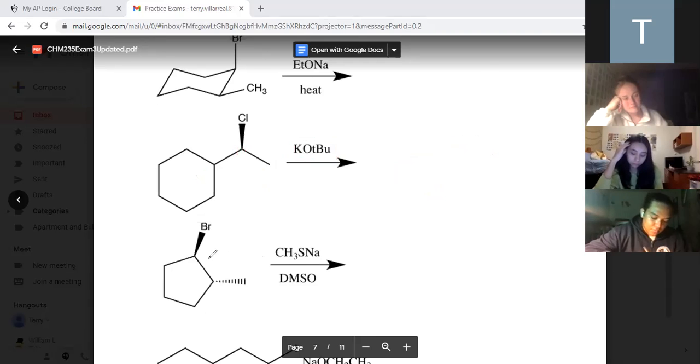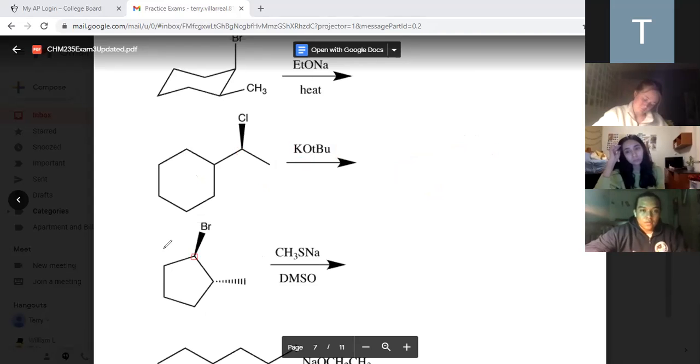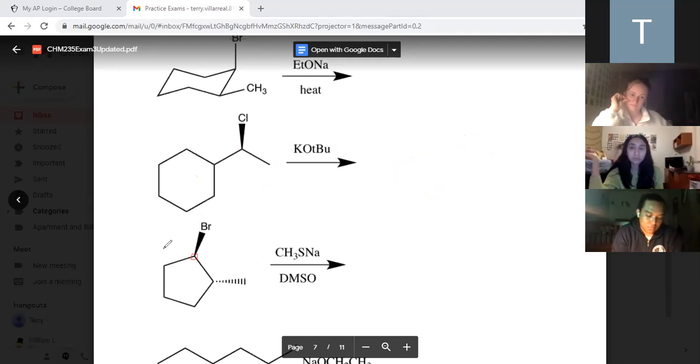All right, for our next one, again, secondary carbon, and this is something that I warned you guys about. It would be nice if you got methyls and primaries and tertiaries thrown in there. But as I said before, secondaries are great for teachers because they work for all of them, so you can't eliminate, but that's okay. CH3SNa, what type of reagent is this? Weak, strong nucleophile, weak, strong base?